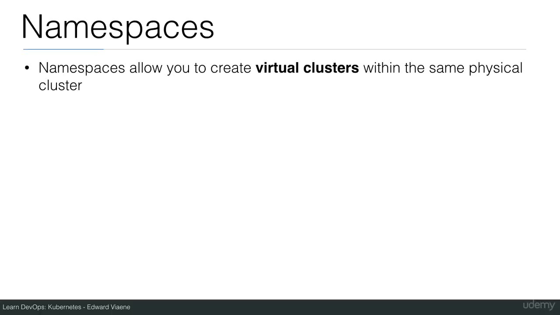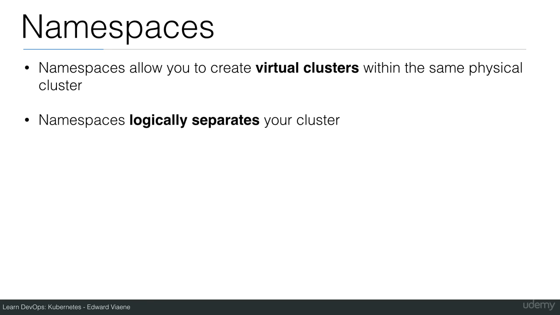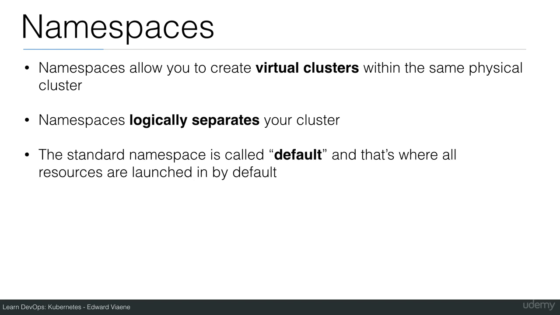Let's talk about namespaces now. Namespaces allow you to create virtual clusters within the same physical cluster. Namespaces logically separate your cluster. The standard namespace is called default, and that's where the resources are launched in by default. So whenever we were not specifying a namespace, we were actually launching pods, deployments, and so on in the default